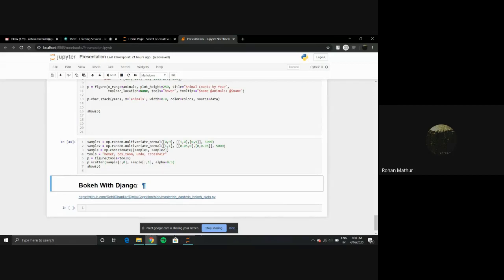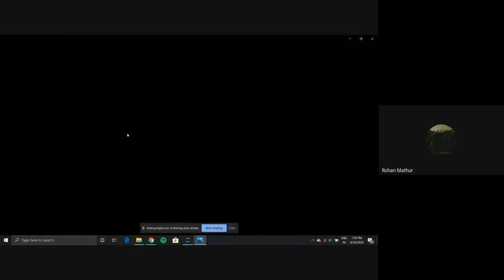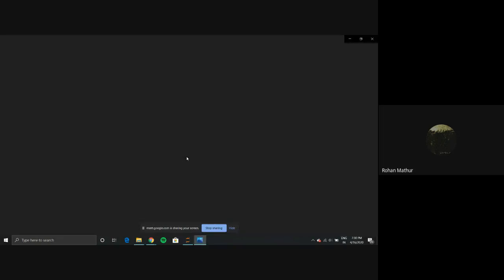That's why we are using Django here. So I'll be going through some of the screenshots Sir had sent me regarding how we link it for hosting it on a web server.